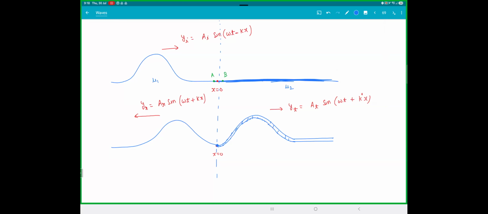On the right string. That means the reason why A will move is because of two waves, which are the reflected and the incident wave. So the point A is on a mu1 string. So displacement of A,